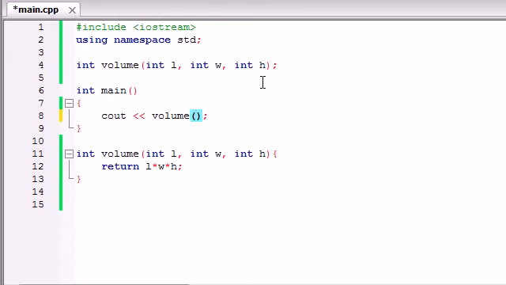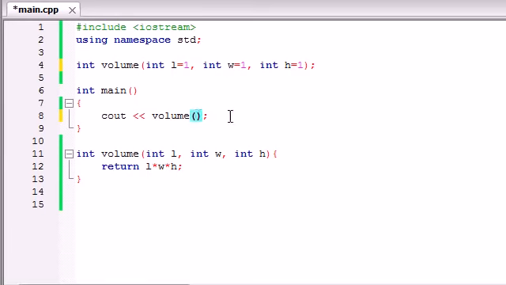But in order to add default arguments or default parameters, here's what you do. In your function prototype right here, instead of just having the variable type and a variable, you can go ahead and set these equal to something automatically, like 1. We'll just set them equal to 1 right now. So if a box is 1 by 1 by 1, we can go ahead and assume that, well, it's basically this. If the user doesn't enter any values explicitly, then it's going to use those default values of 1, 1,